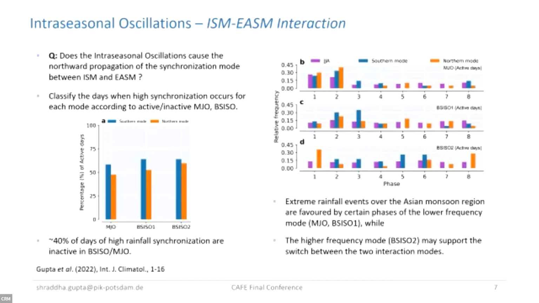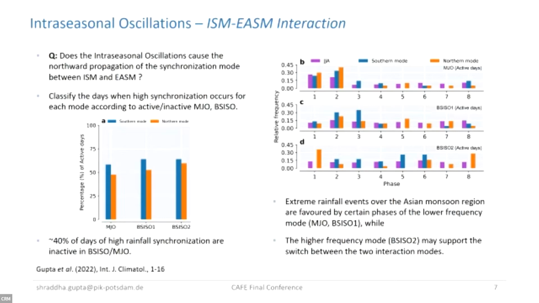Next, we classified the active days of when high synchronization is occurring according to the different phases of the MJO or the BSISO. And we found that certain phases of the lower frequency mode, the MJO or the BSISO1, with a time period of around 40 to 50 days,